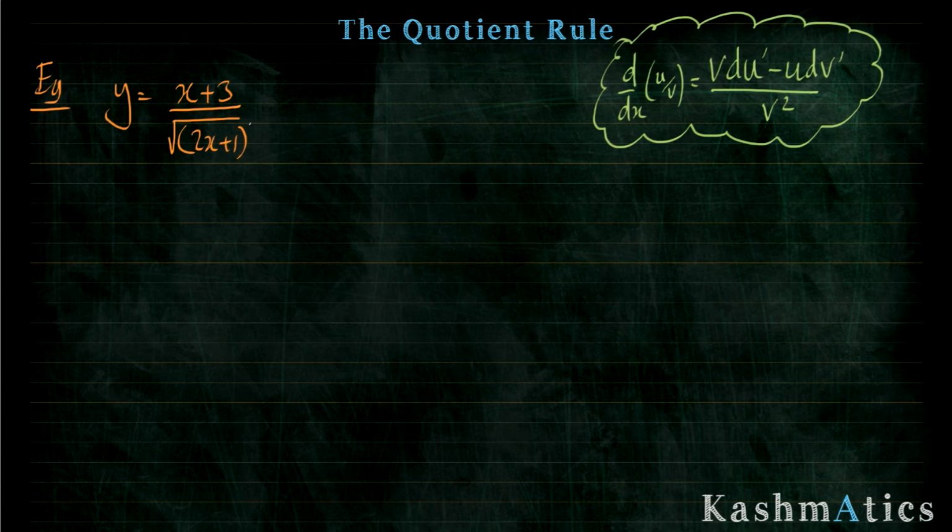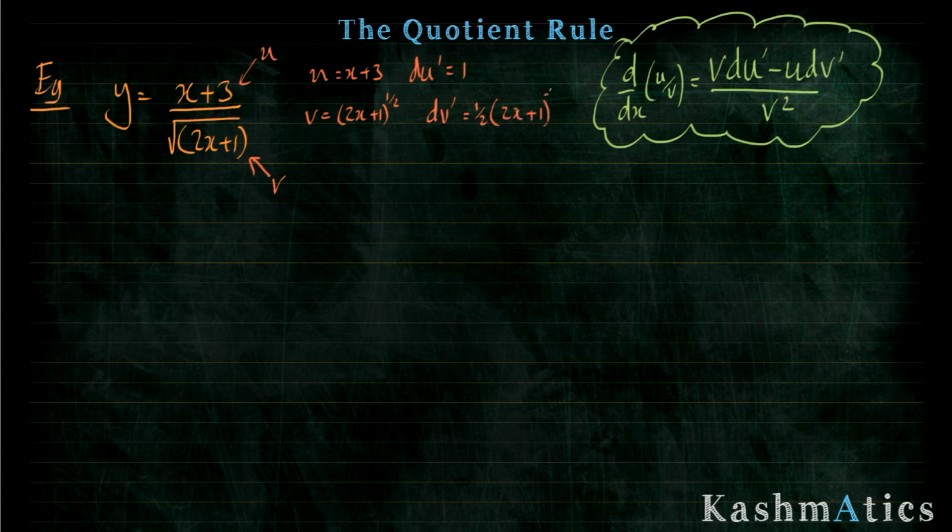Okay, and we'll do one more before we go into ones which don't actually look like a quotient. But we'll do this one first. So we've got u there, and that is v. So u is equal to x plus 3, which means du would equal 1, and v equals, now I'm going to write this as 2x plus 1 to the power a half. So dv would equal 1/2